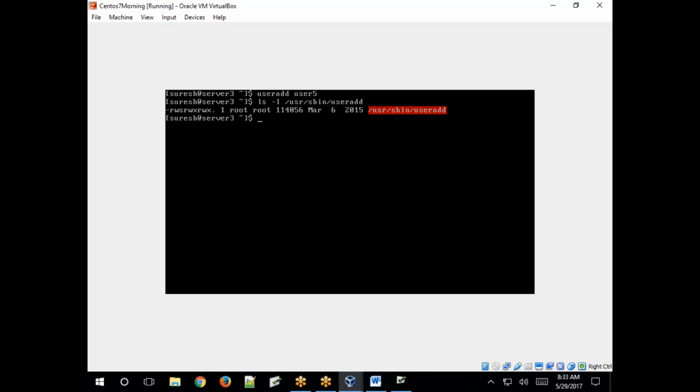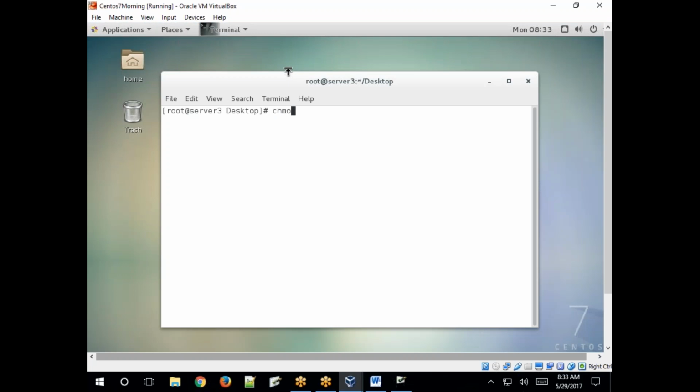So remove that. Don't get confused. The SUID bit has already been set, right? So what is SUID? Set user ID bit. Even though that command is executed by a normal user, that script will be run with the privileges of its owner. Who is the owner of that file? Root. When you set the SUID bit on a script file, it runs with the privileges of the root user account.